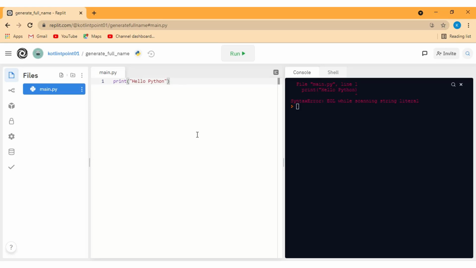Okay, so print is the simple function we have to print any message on the console. You can use the print method. So this is the simple fundamental: to print any message we can use the print function.